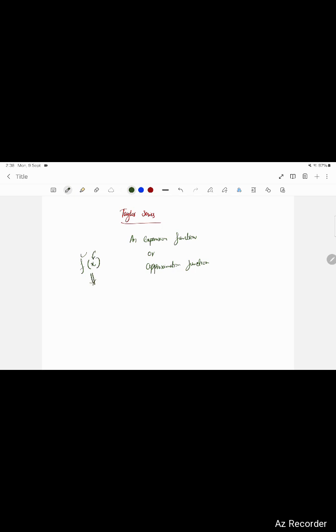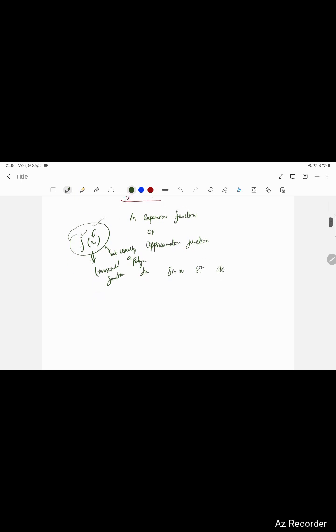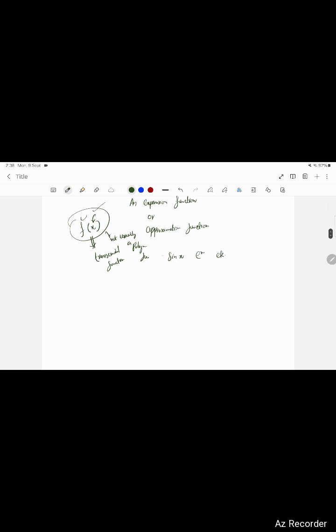is usually a transcendental function. Means it is not usually a polynomial function. Means this function is, let us suppose, sine of x, e raised power x, etc. So we want to represent these functions in terms of